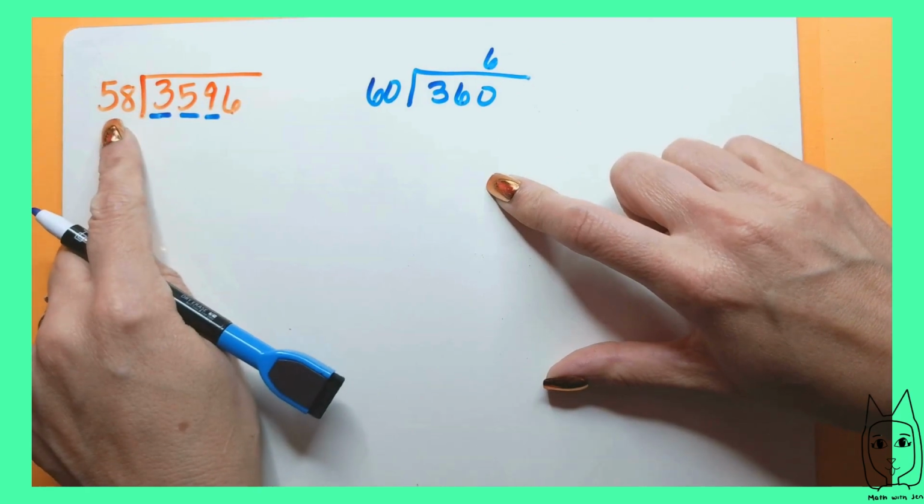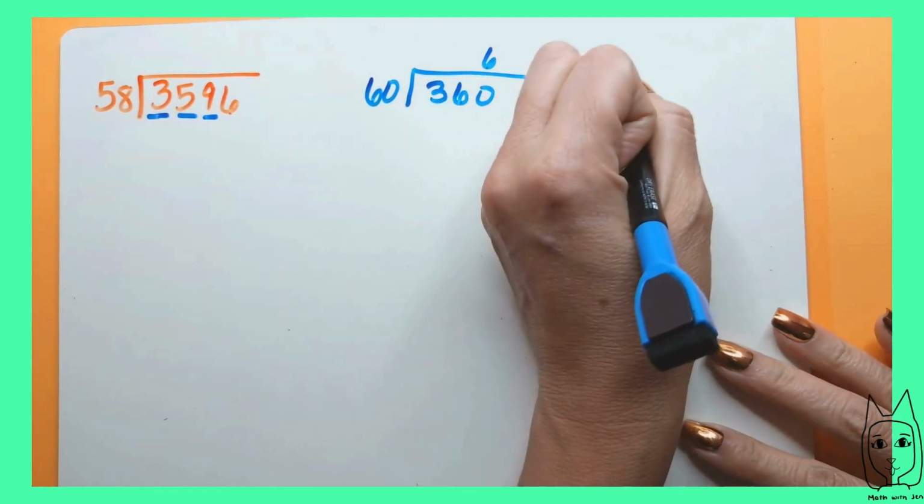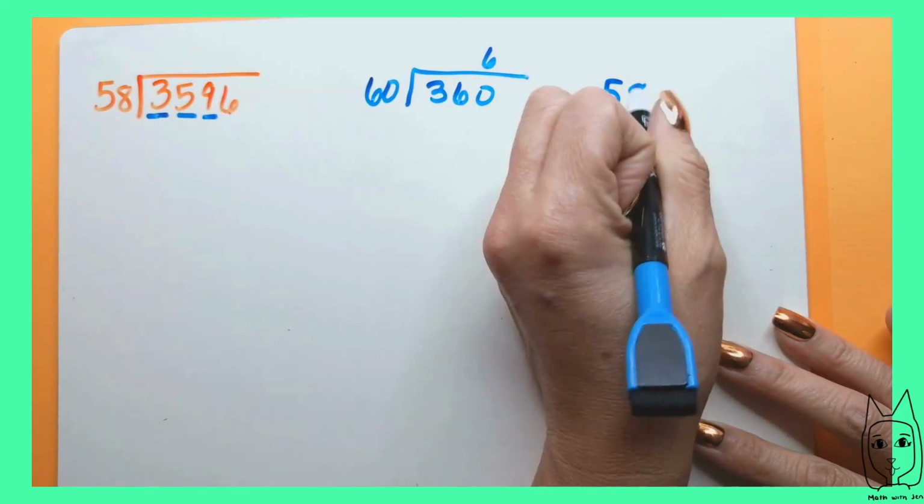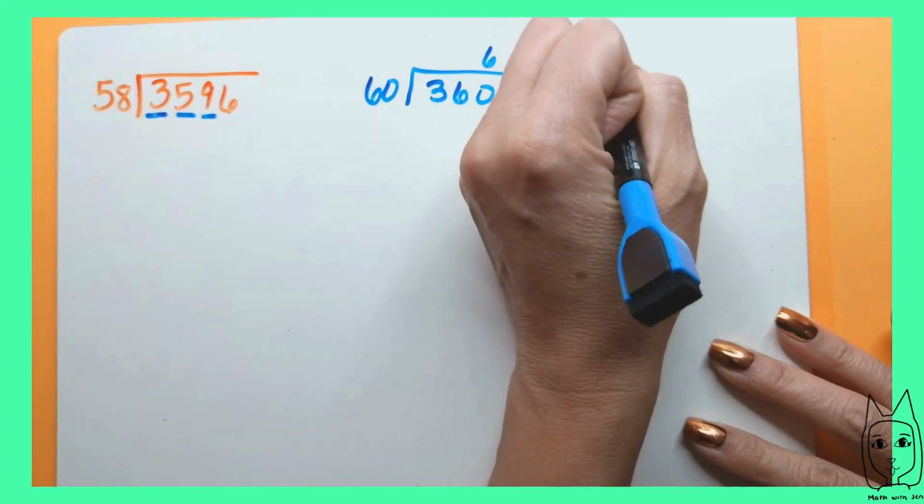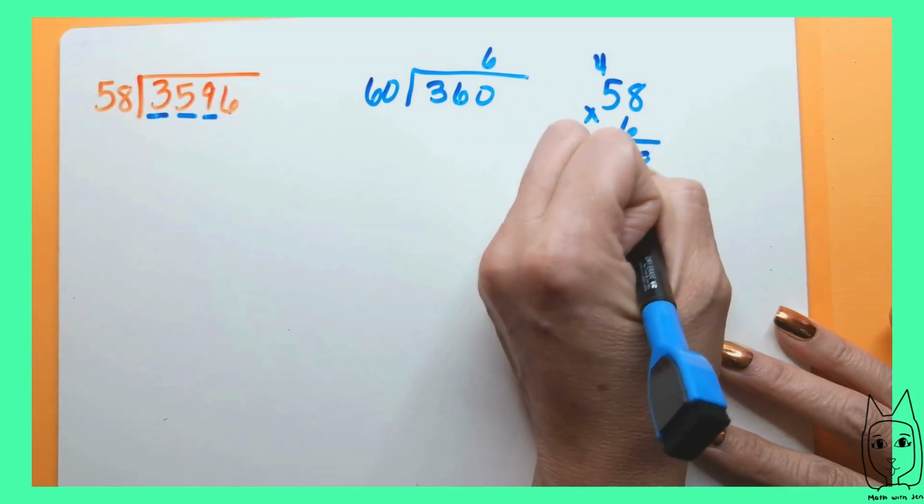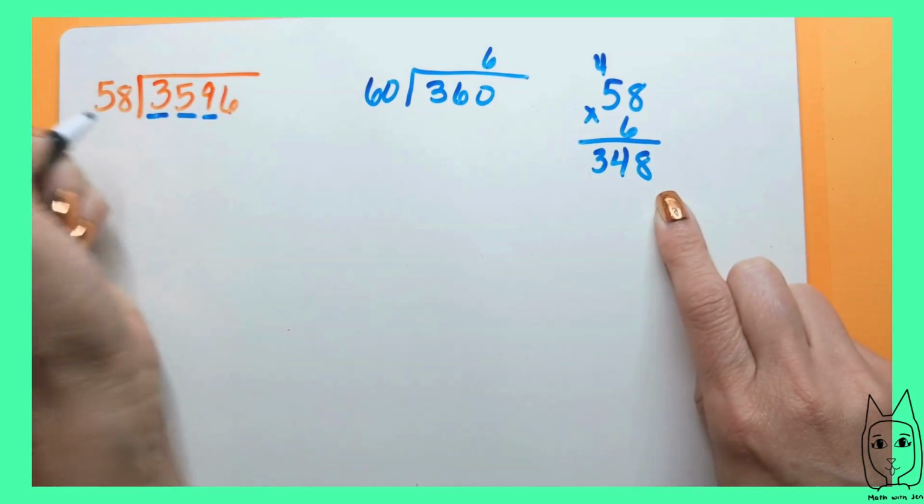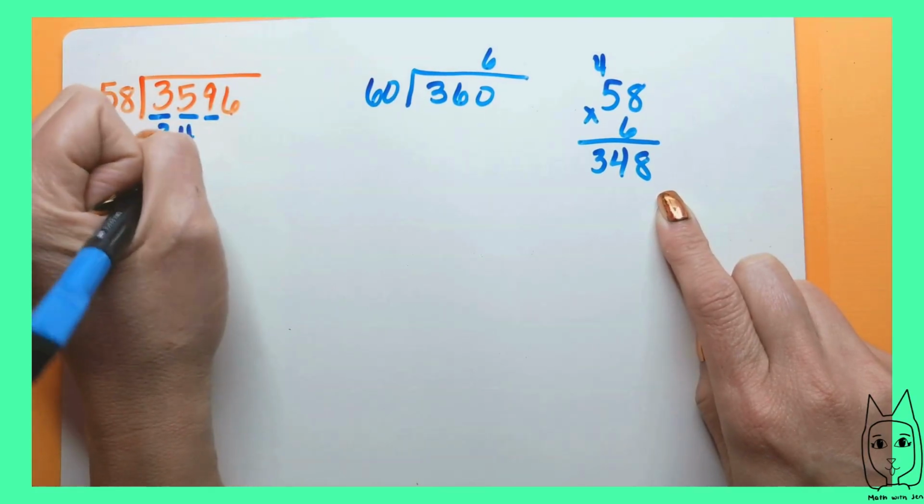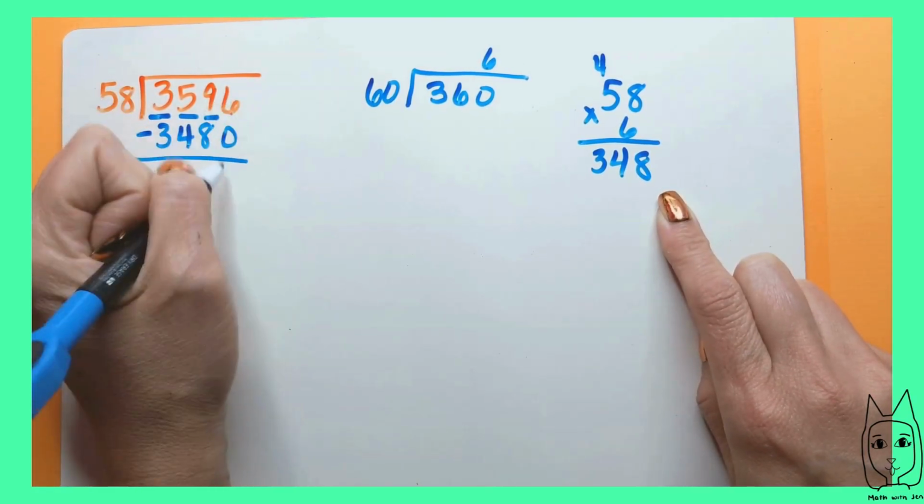I'll take 58 times 6 to see how close I got. 6 times 8 is 48. 6 times 5 is 30, plus the 4, 348. So that looks pretty good. So I'm going to subtract 348. The 0 goes right here. So I'm going to subtract,